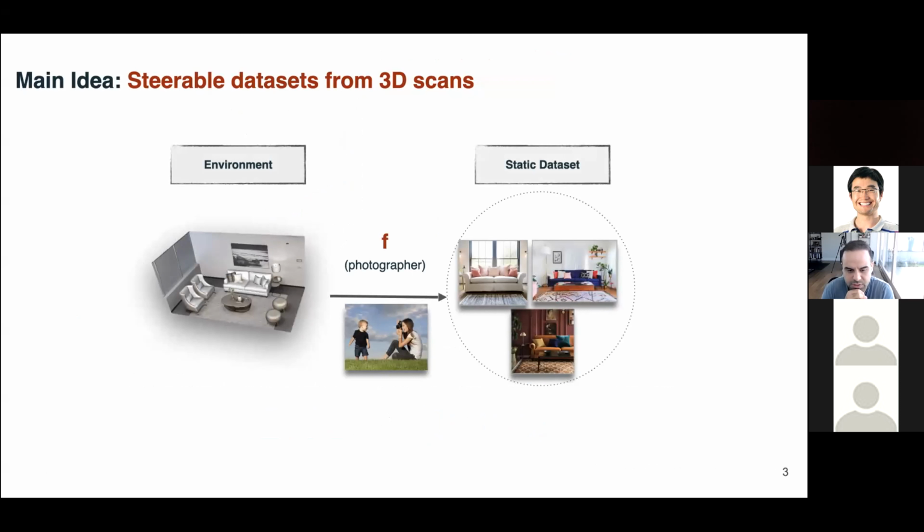Okay, so the main idea is the following. Most of the vision data sets that we have are basically recorded once. There's a photographer that visits a scene and takes a picture, and that picture becomes the depiction of the scene. And we can't change it after that, because you don't have access to the scene, and the cameras basically record one snapshot. There are complex ones such as light field that give you some level of variability and control,